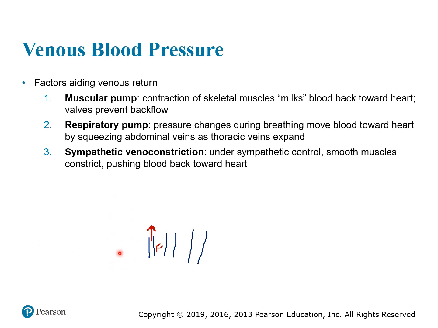a low pressure system, so blood is not moving due to the pressure difference, because the pressure difference is very low, whereas in the arterial system it is moving because of the pressure difference. So this sympathetic venoconstriction causes the blood to move back. And now let's look at the other two, the muscular pump and the